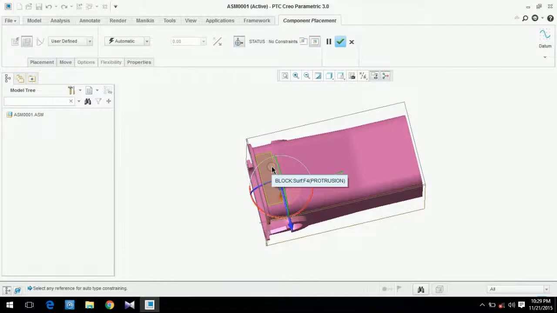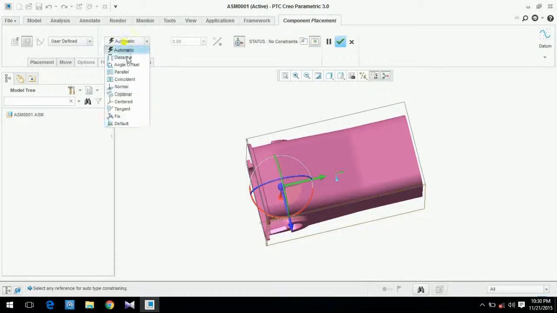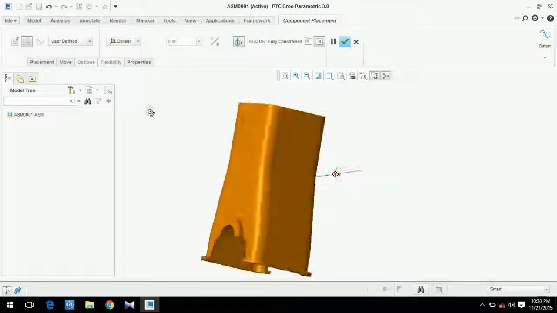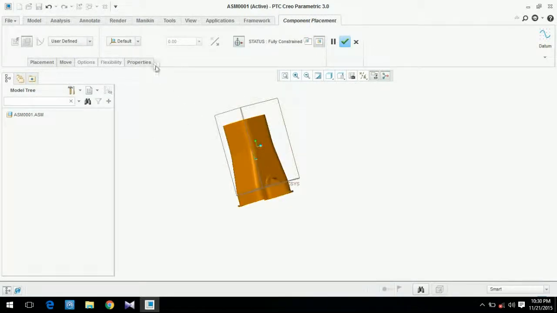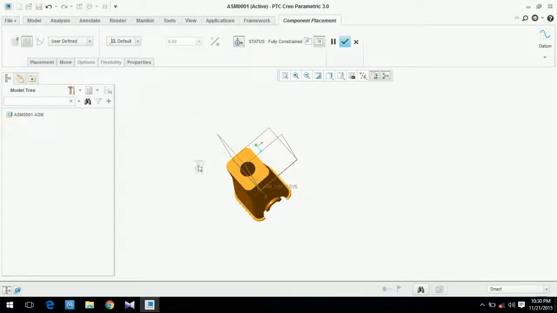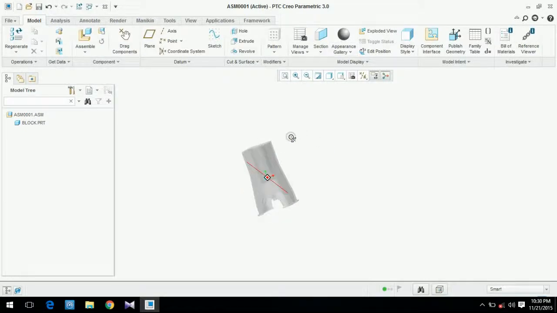But if a body is the basic body, that means the rigid part, it will not move, and other parts will take it as reference, so this will be the first part. Just go to default and select. Default means the origin of this body and the origin of our assembly will coincide. This is our first part.